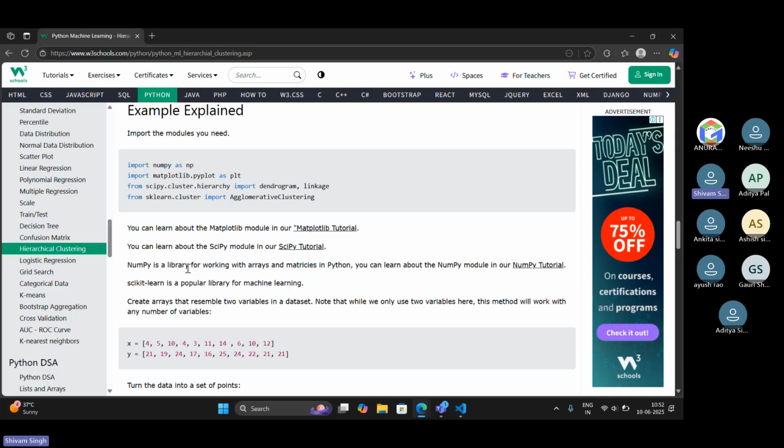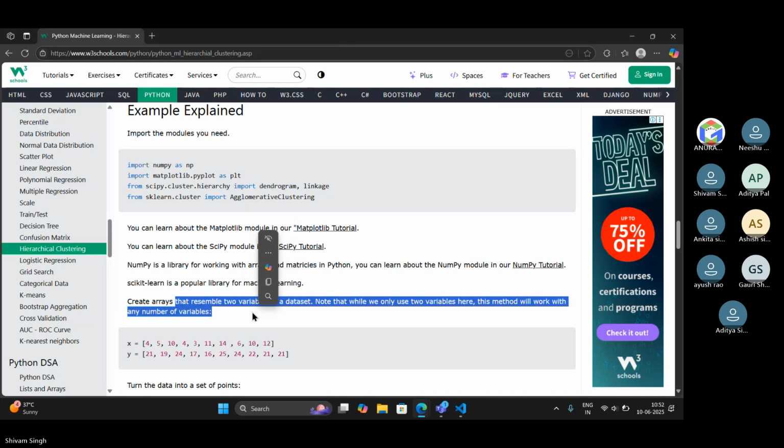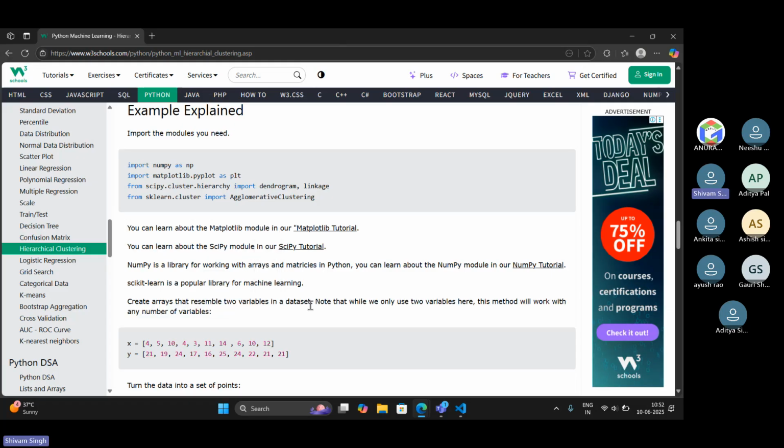NumPy is a library for working with arrays and matrices in Python. You can learn about the NumPy module. Scikit-learn is a popular library for machine learning. So create arrays that resemble two variables in a dataset. Note that while we only use two variables here, this method will work with any number of variables.